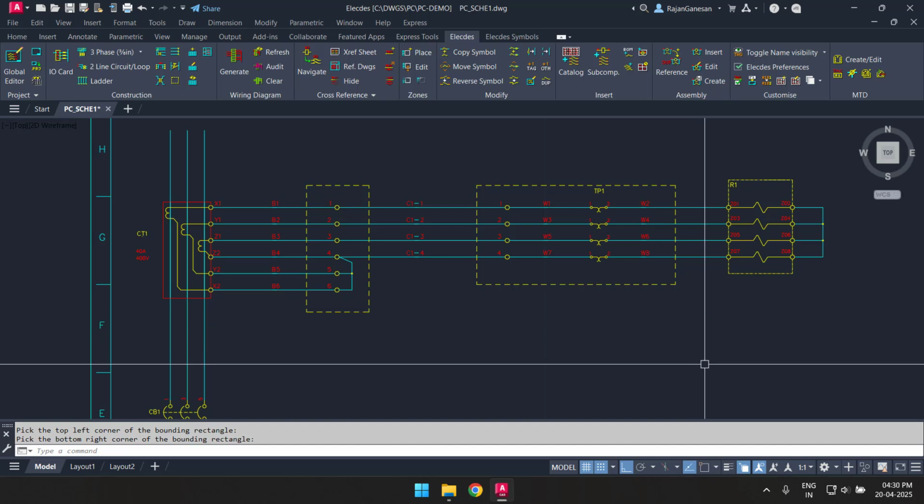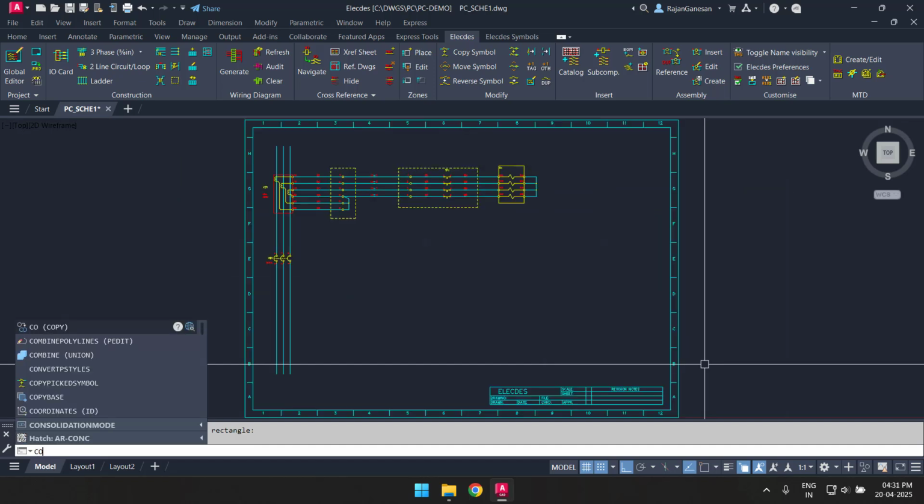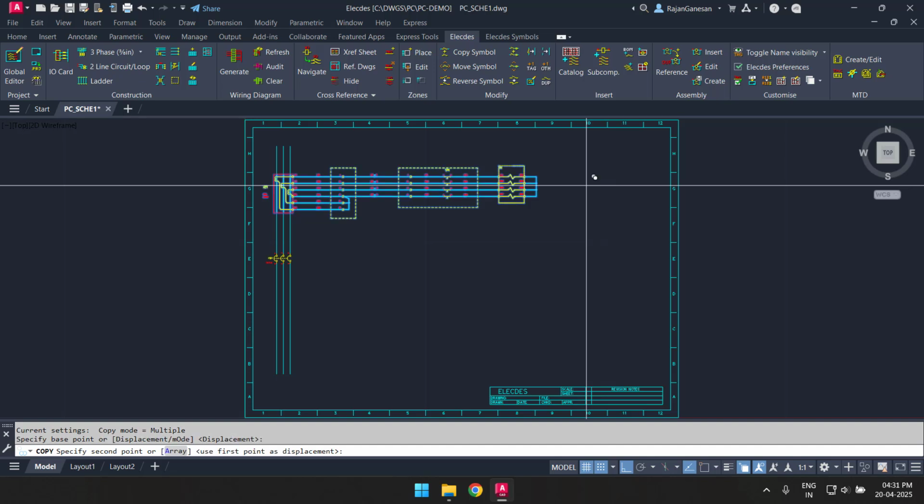Most of the time, a designer will not need to create circuits from scratch. This only needs to happen the first time a circuit or a part of a circuit is created. I wish to have CT inputs on both sides of my circuit breaker asset, so I can simply copy my AC circuit.